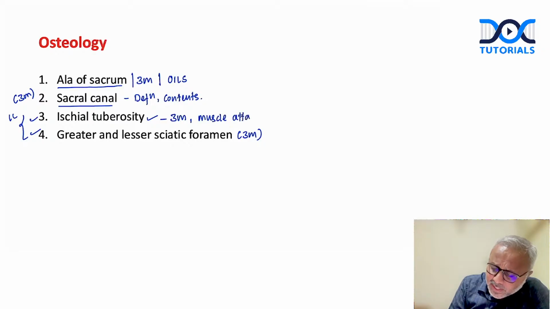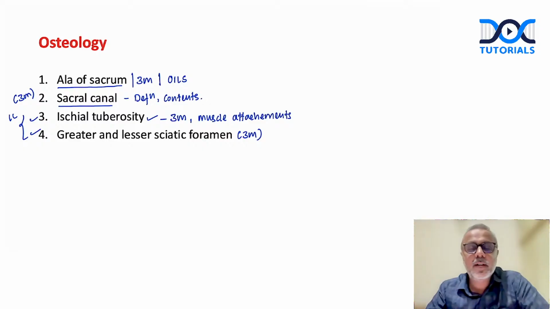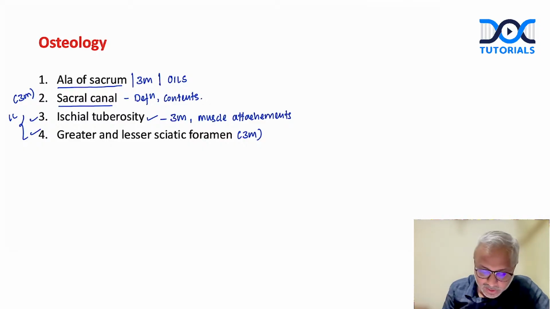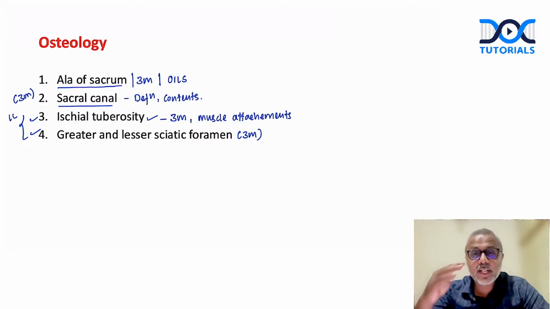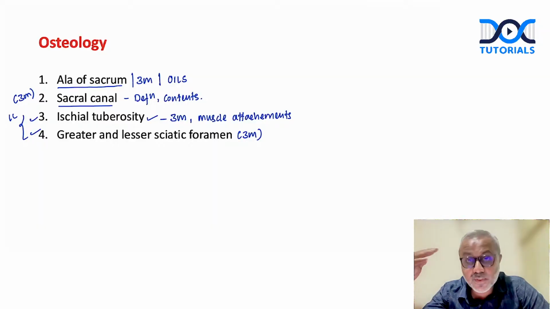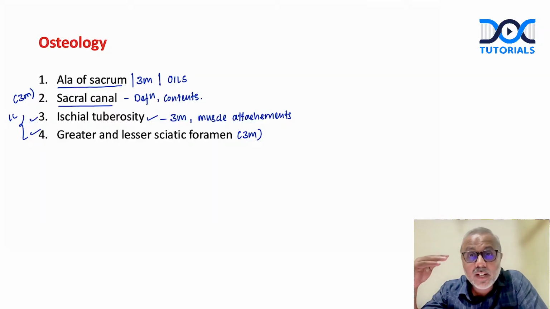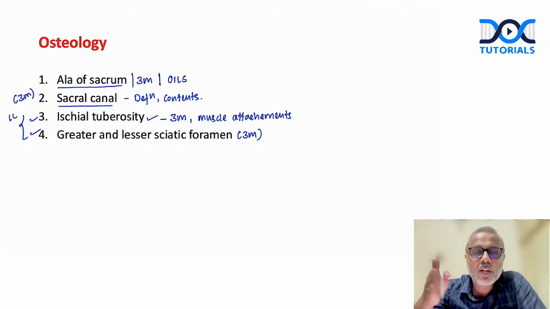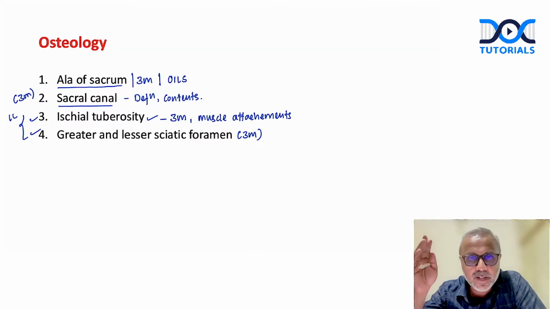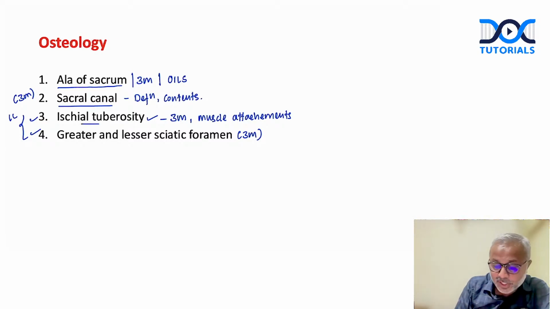As I said, this is more likely to be a part of the lower limb question, but it doesn't matter, lower limb or abdomen. We should know the ischial tuberosity: how do we divide it into different areas, triangular and quadrangular, and which part of these areas gives attachment to muscles? What muscles are attached here? So that is regarding the ischial tuberosity.